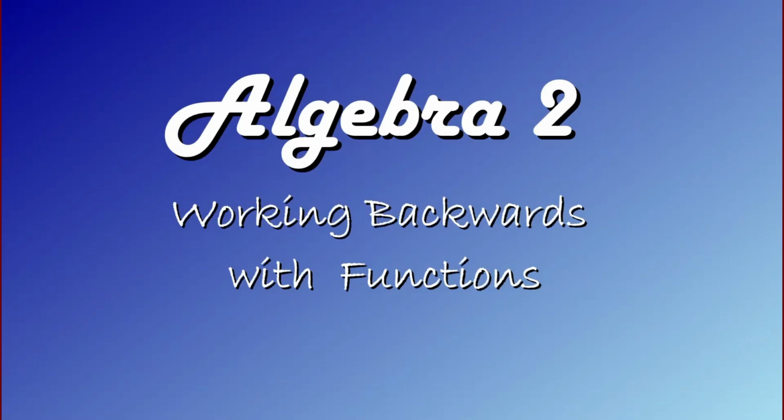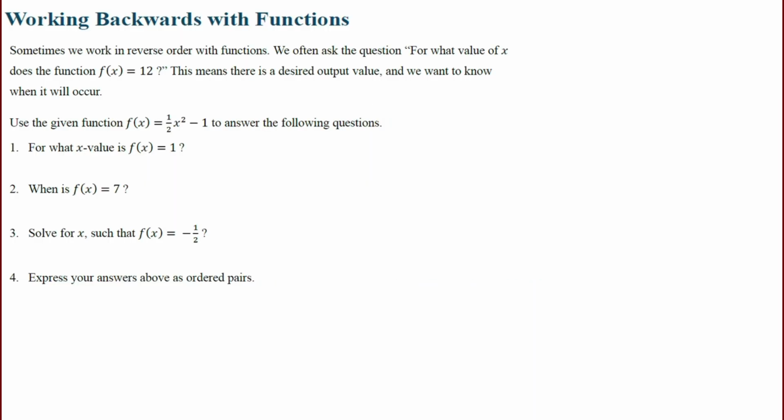So in this next Algebra 2 lesson, we're going to be working backwards with functions. So what does that mean? Well, sometimes we want to work in reverse order with functions. That means that we know the particular output value we would like to have, but we want to know which x values will generate that. So a question such as, for what x value does the function f of x equal 12, means we're working